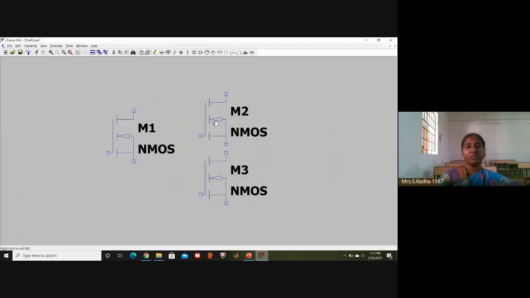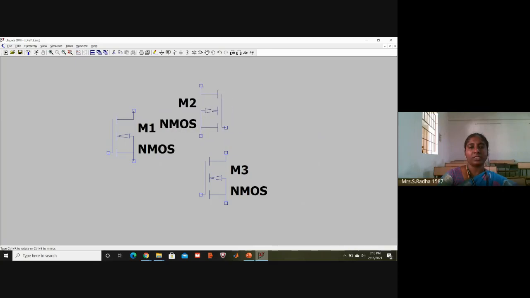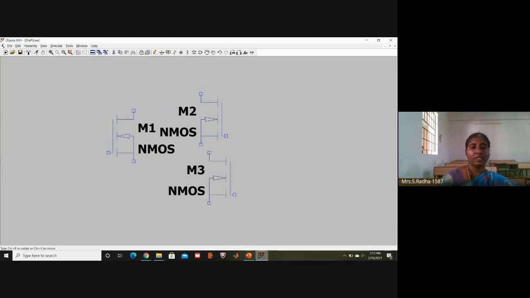Just go to the hand button, click. Instead of rotate, you have to go with flip. Then click on the workspace. Flip operation. Source is still on the lower side. Okay, it should be maintained. Now the second one is moving. Control E, we are just flipping the NMOS transistor. You fix it on the workspace.